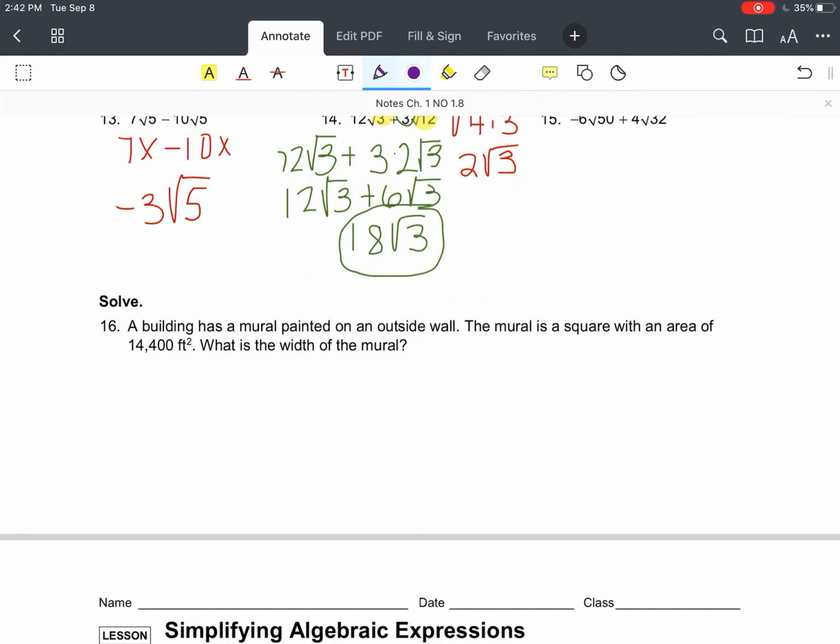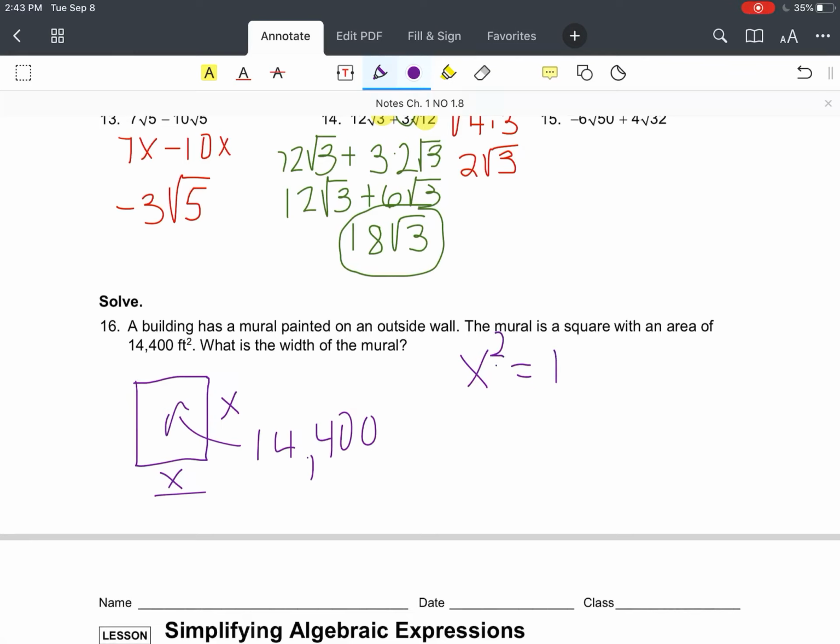Last problem, number 16. A building has a mural painted on the outside wall. The mural is a square, so let's go ahead and draw a square. Remember, square, all sides are the same, so I'll label both sides X. The total area, so the whole inside, is 14,400 square feet. What's the width? Well, the width is going to be whatever X is. Remember, area is base times height, or length times width. Well, in this case, the length and the width are the same, so it's going to be X squared, X times X equals